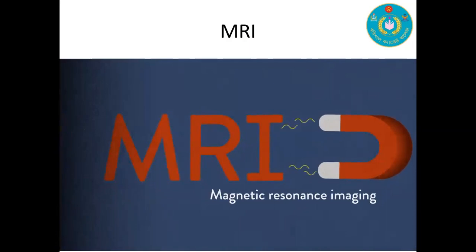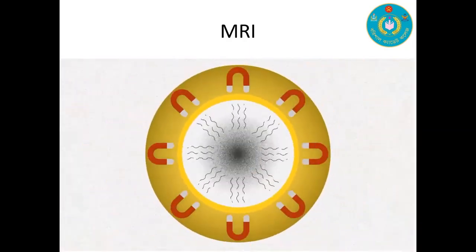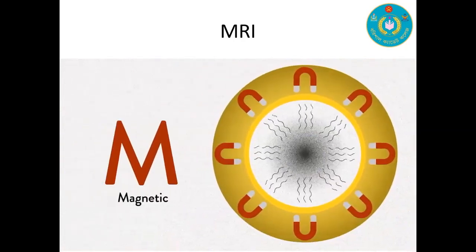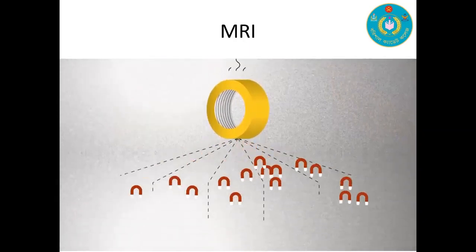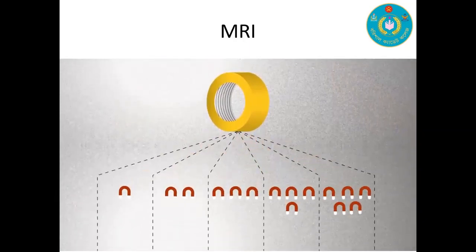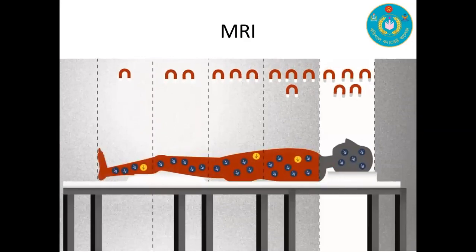Here, MRI stands for magnetic resonance imaging. When a strong magnetic field is applied, the protons are aligned in the direction of the magnetic field. Then, if an electromagnetic wave of definite frequency is sent, then these protons receive energy from the wave and change their direction. This process is called nuclear magnetic resonance, that is NMR. Based on this remarkable event of physics,